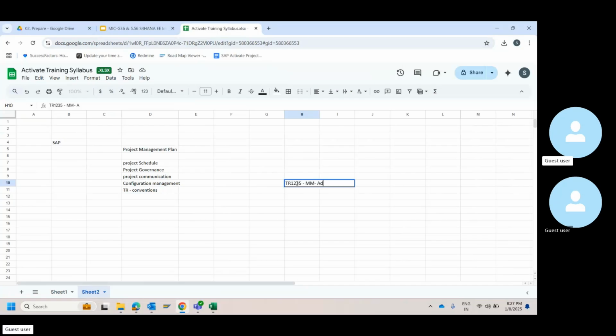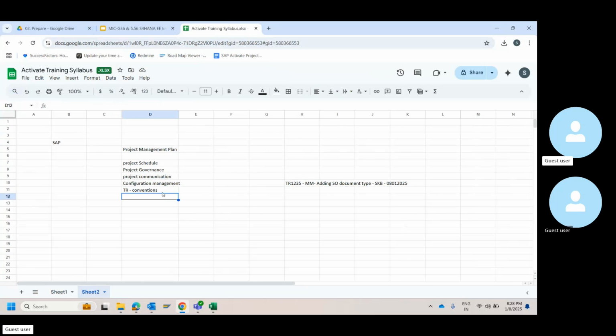Let's say they are adding a sales order, document type, then put their initials. Say, if I'm creating this TR, Sunil Kumar Bodi, SKB, I'll put the date. So this might be one format. We will uniformly agree on one format which we will follow during the execution of the entire project.